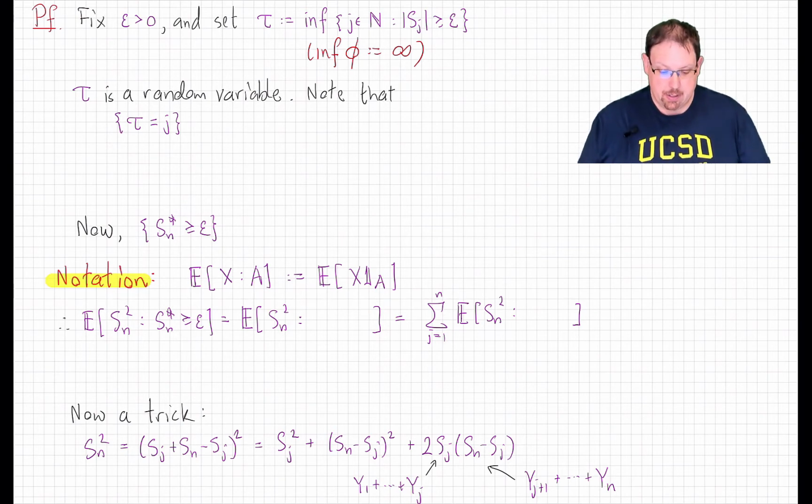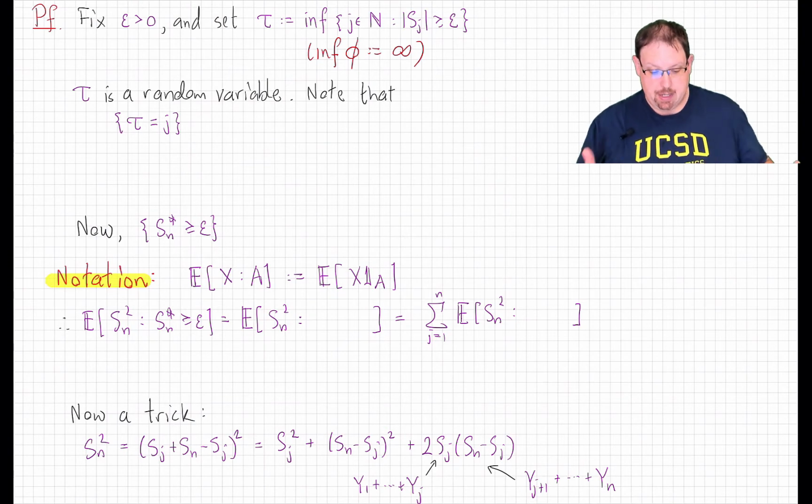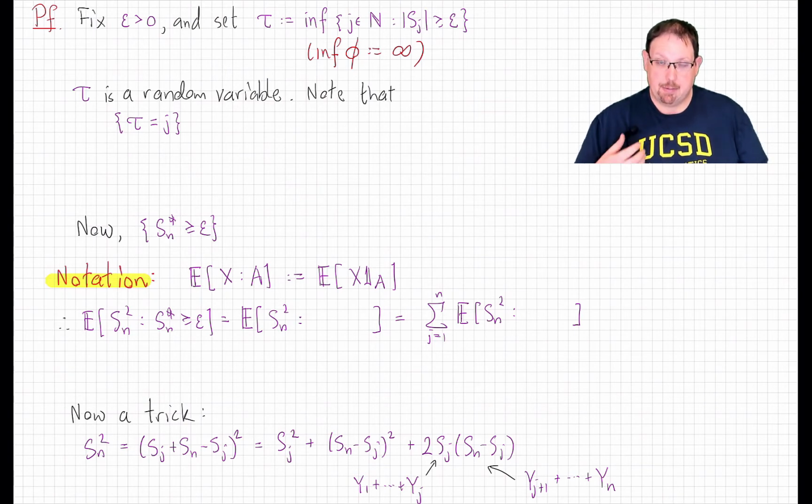Now, we'd like to understand the sigma field generated by this random variable. It turns out that it's closely related to the ones from which it is constructed, because we can characterize this event, that tau takes the value j for any particular integer, in the following terms. What does it mean that tau equals j? Well, tau is supposed to be the smallest time, j, at which the absolute value of Sj exceeds epsilon, which means that for all smaller times i, absolute value of Si must be less than epsilon, but Sj in absolute value must be bigger than or equal to epsilon.